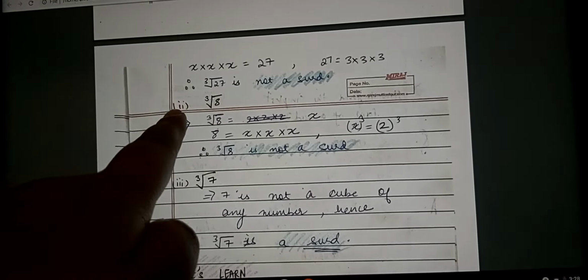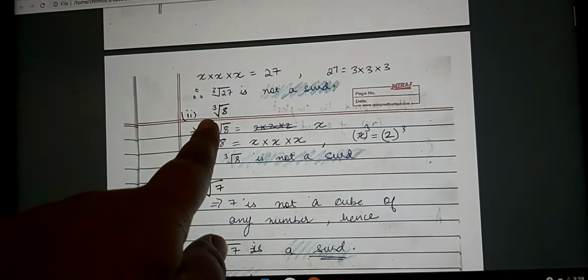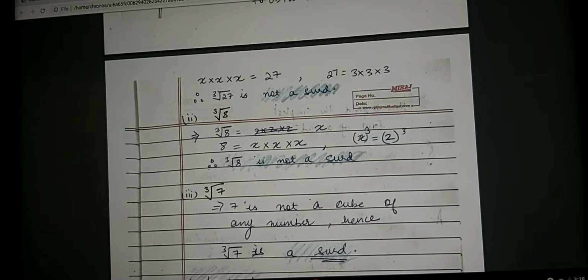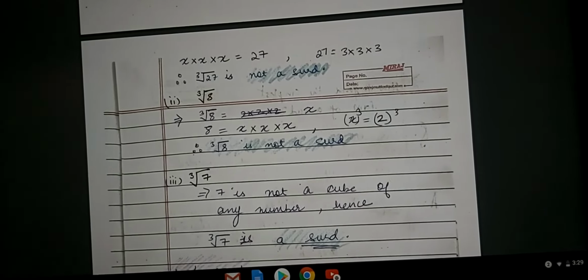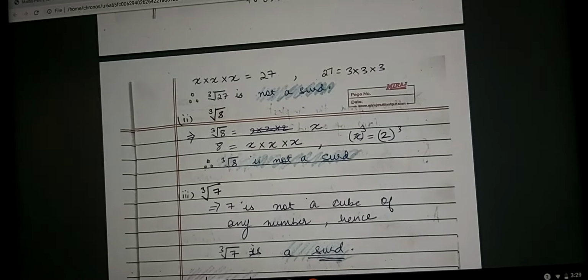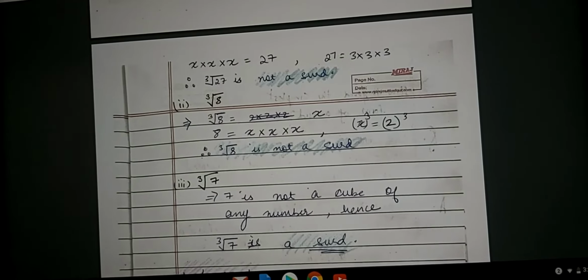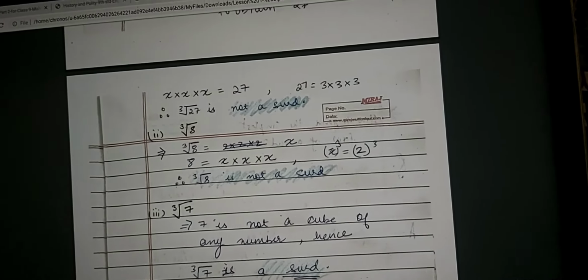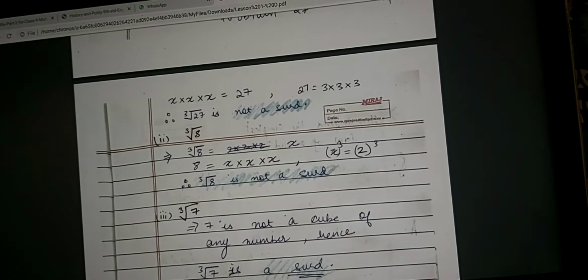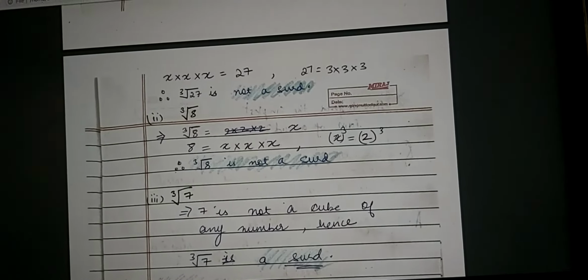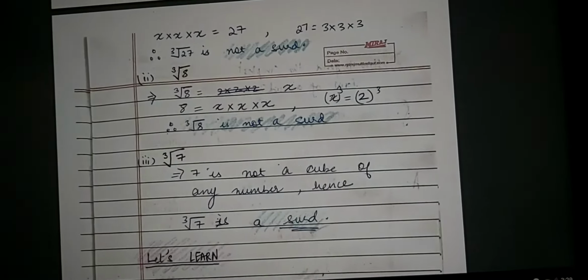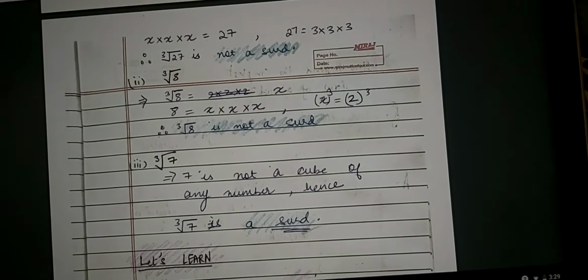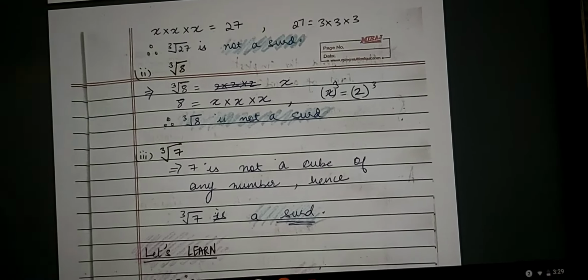Now if I look at cube root of 8. Now मैं कोई भी नंबर अगर 3 बार मल्टीप्लाई करूँगी, which number will I multiply thrice to give me 8? Now look at this. In your notebook, try doing 2 into 2 into 2, or even in your mind, do 2 into 2 into 2, which is 2 2s are 4, 4 2s are 8. So cube root of 8 is not a surd. Okay, क्योंकि these are perfect cubes.